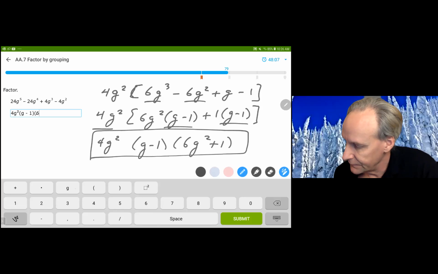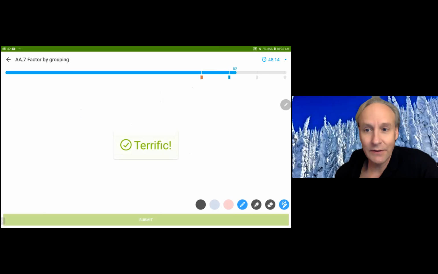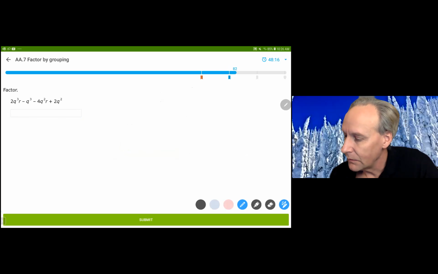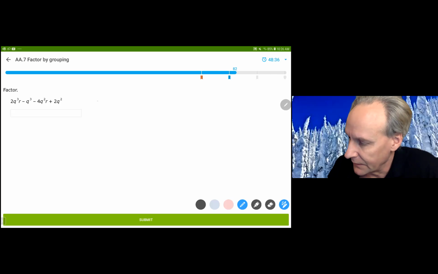And 6G squared plus 1. Looks good. Hopefully I don't make a dumb error again. All right. Oh, we've got R's and Q's, both. Well, let's go ahead and take out the Q squared and put it in order. Looks like it's pretty much in order already. So I'm going to take out Q squared, and what's left is